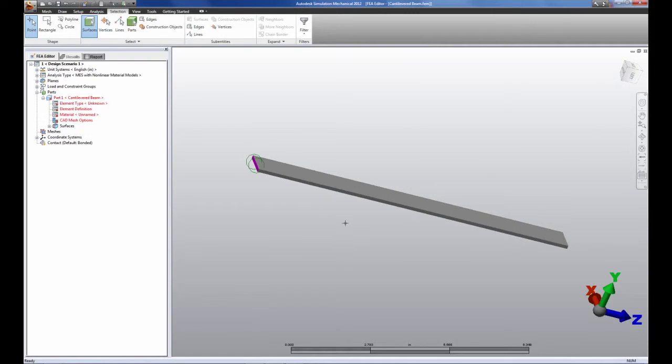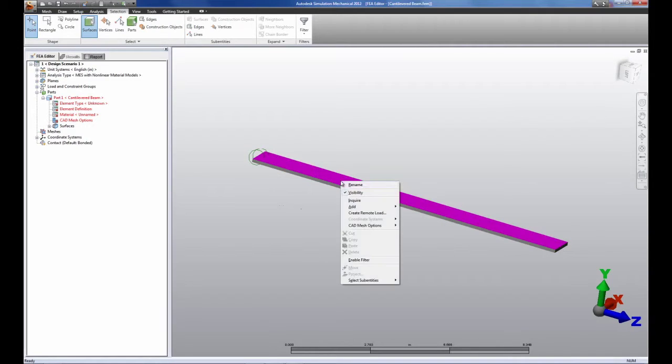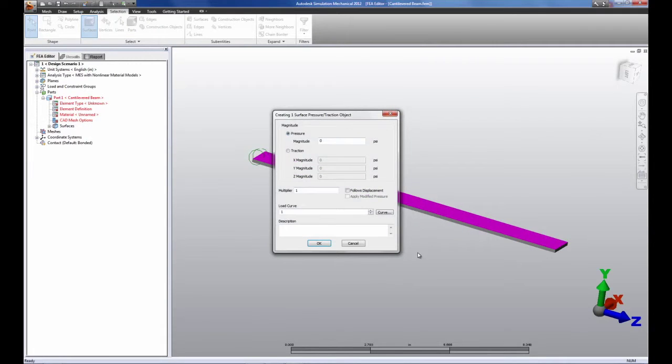Next, we will apply a 2 psi pressure to the top surface. We select the surface, add a surface pressure or traction. We have 2 options, a pressure and a traction. The difference between a pressure and a traction is that the pressure will always act normal to the surface. We will change the magnitude to 2 psi,